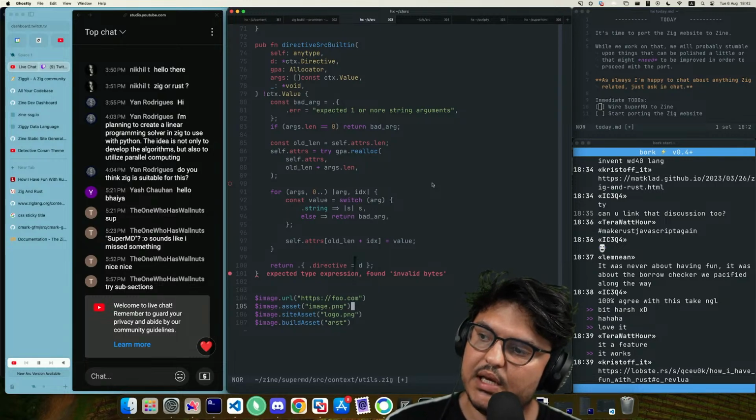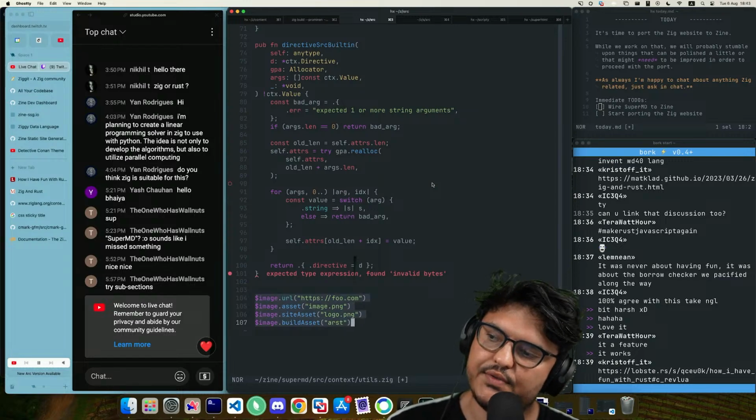Which means that we need to make four functions for each one.